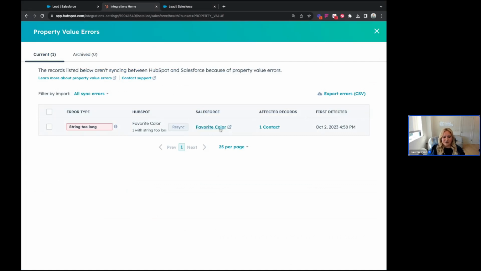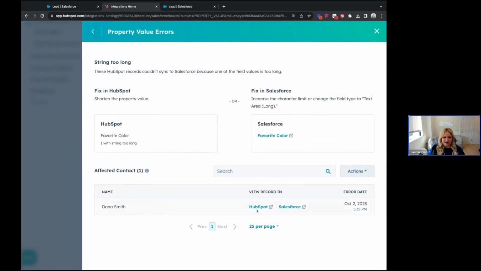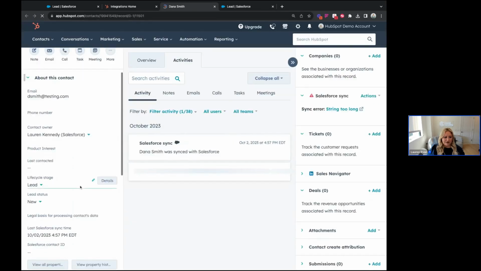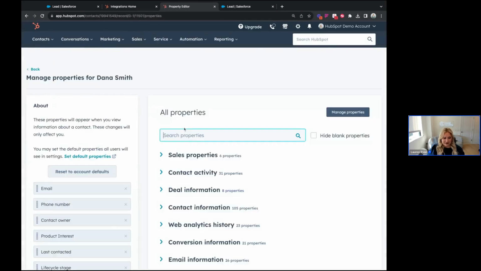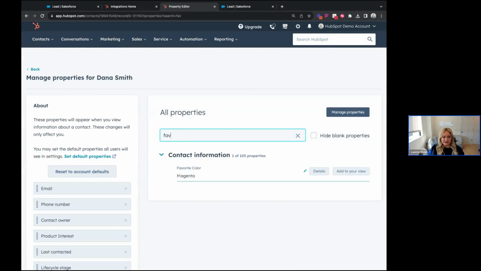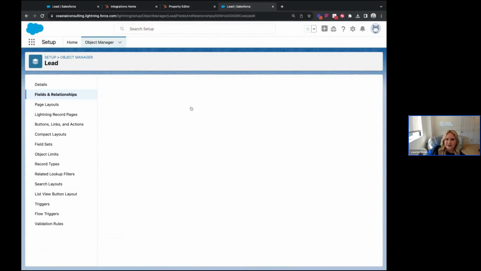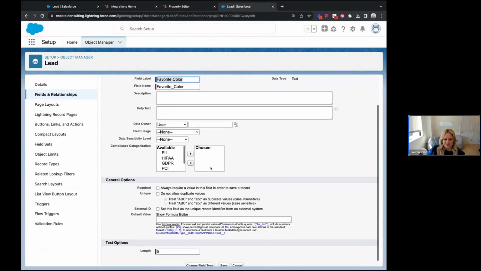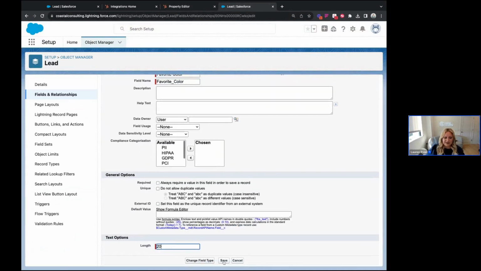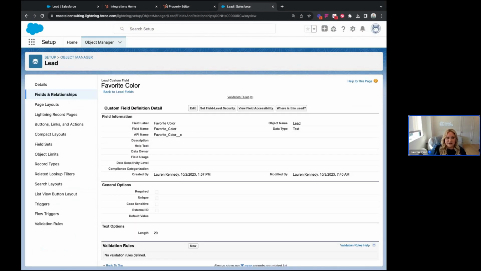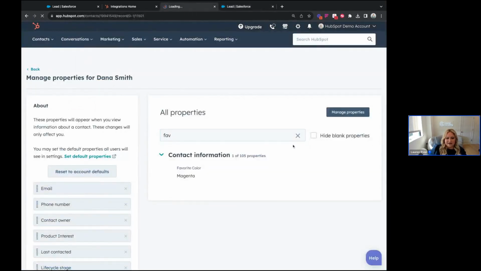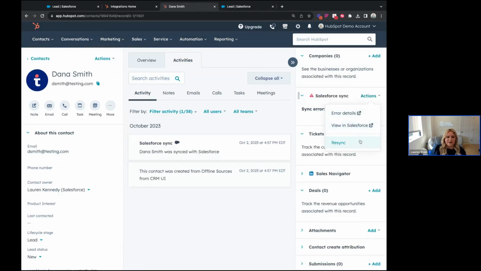So we can see here that the contact, Dana, is having an issue with favorite color. And if we go look at their favorite color, we'll see what the issue here is. Magenta is more than 5 characters. So the best way to fix a string being too long is just to increase the volume or the count in Salesforce. So I'm going to change this to a 20 character field by updating the length in Salesforce. And then if we go back to Dana and click resync, we'll no longer see that issue. If you have more data to collect, I would always recommend making the field longer in Salesforce. The challenge there is